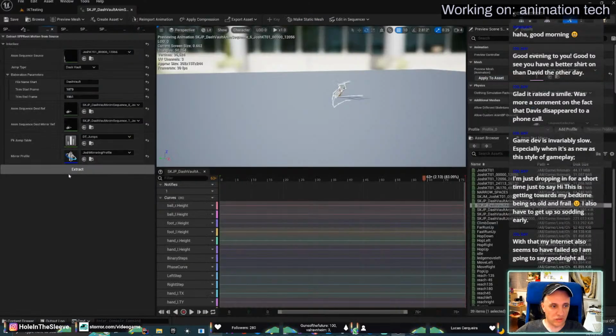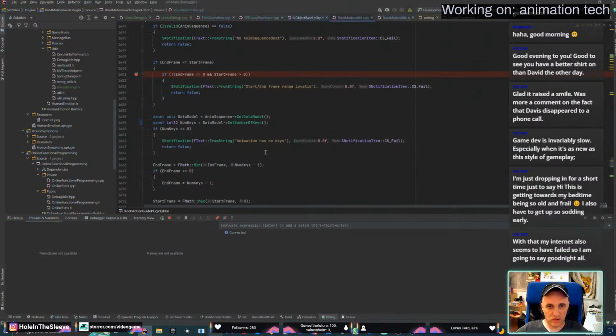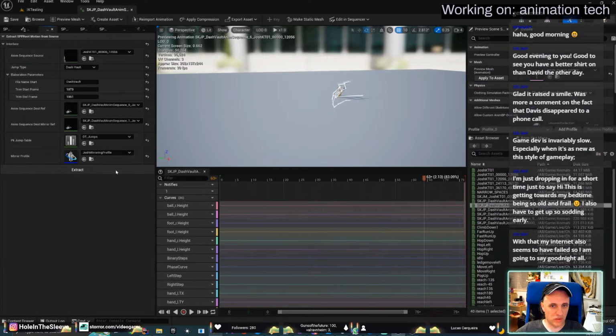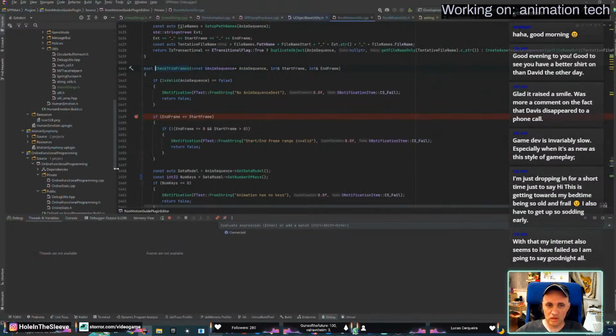Okay, let's try again then. Struct. Set a frame range and border. Yeah, okay, give it to me. What? Why? What?